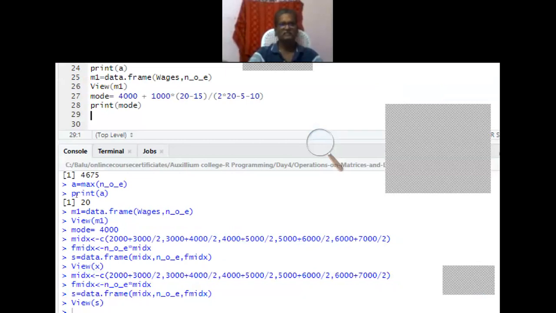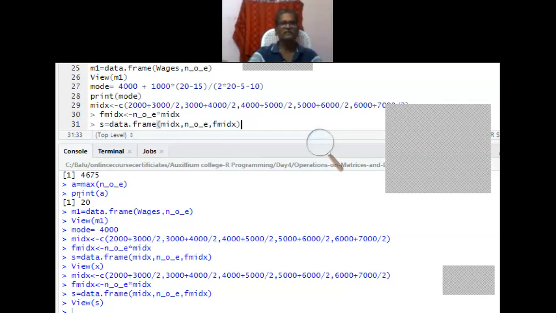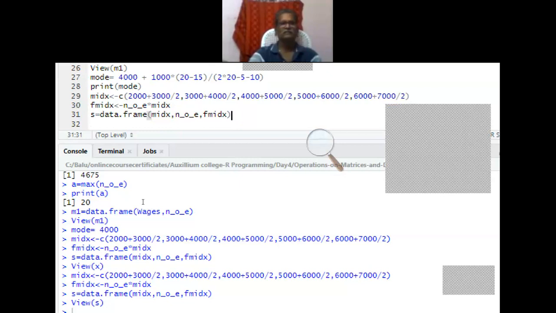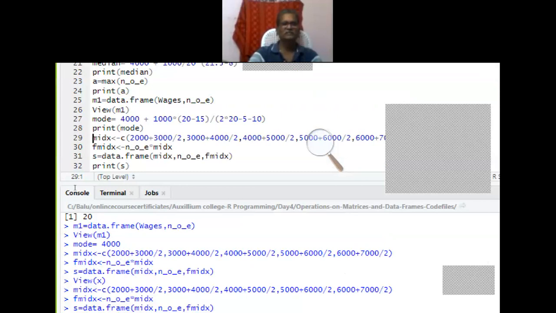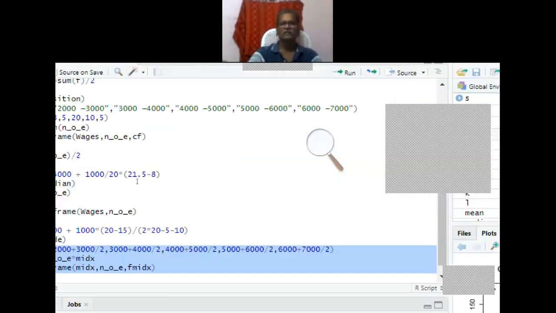Copy this. Every time we have to save for the safer side, otherwise the same will come. So run the command.